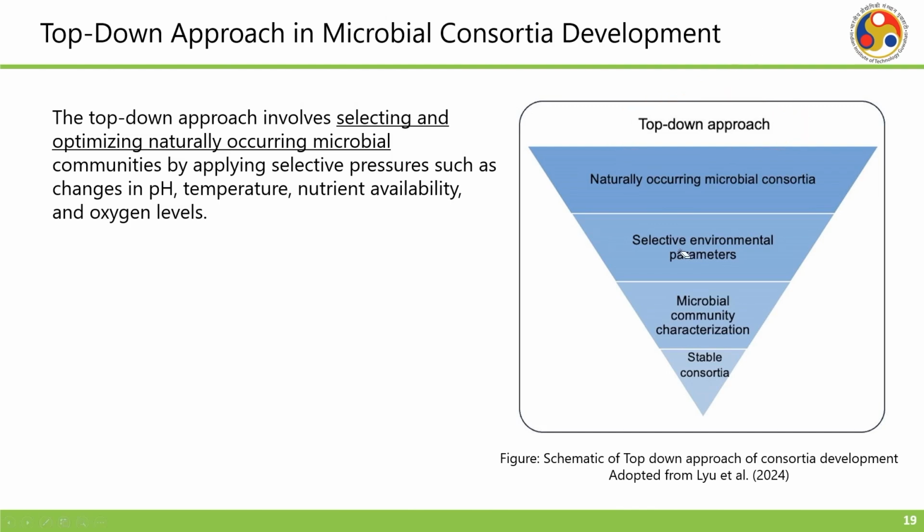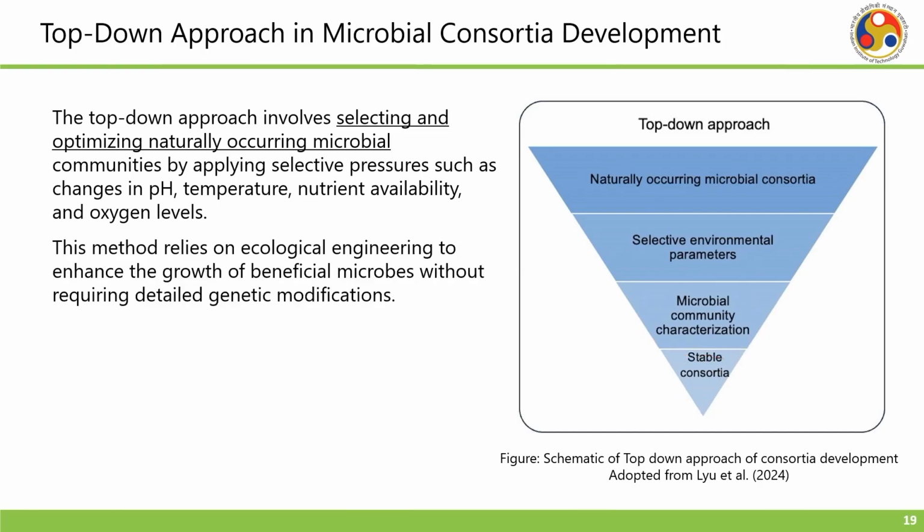Here naturally occurring microbial consortia are first taken, then we apply selective environmental parameters, then we go for the characterization of the microbial community and we try to achieve the stable consortia which we will be using for our further work. This method relies on ecological engineering to enhance the growth of beneficial microbes without requiring detailed